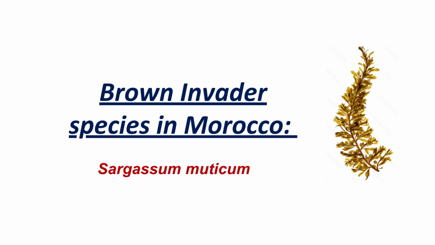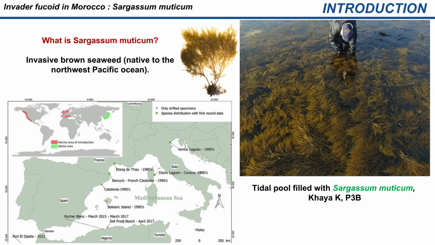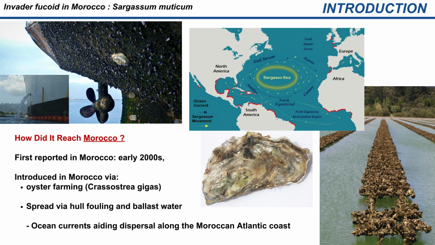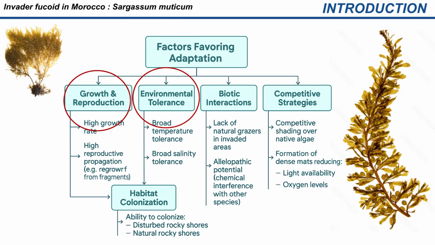So the brown invader species in Morocco, and for our study, is Sargassum muticum. It's an invasive brown seaweed native to the Pacific Ocean. It was reported in Morocco in the early 2020s and was introduced via oyster farming, and also spreads via hull fouling and ballast water, with ocean currents aiding its dispersal along the Moroccan Atlantic coast. Many factors aid the adaptation of the invasive species, known for rapidly colonizing coastal areas,